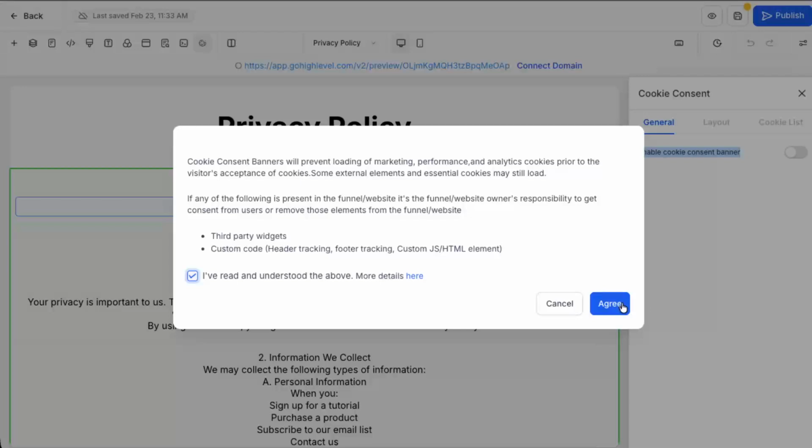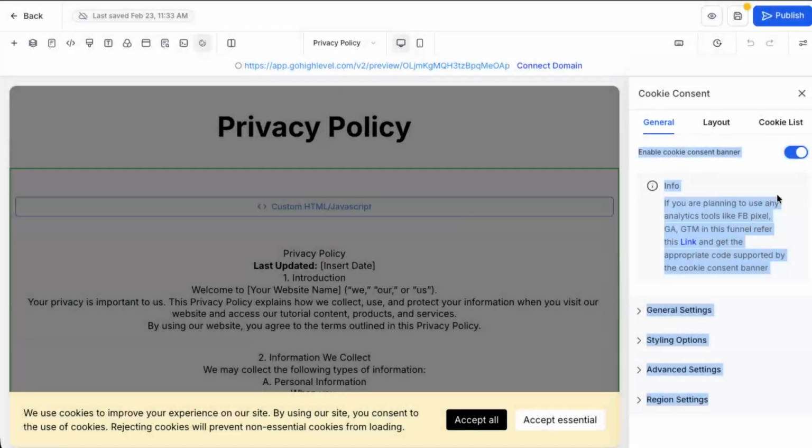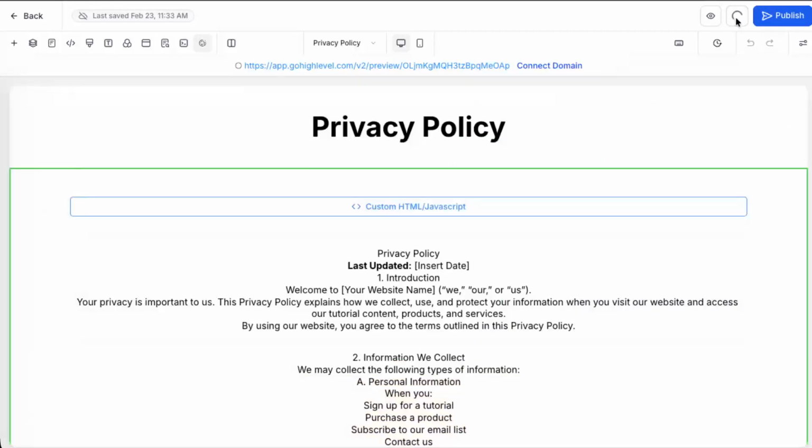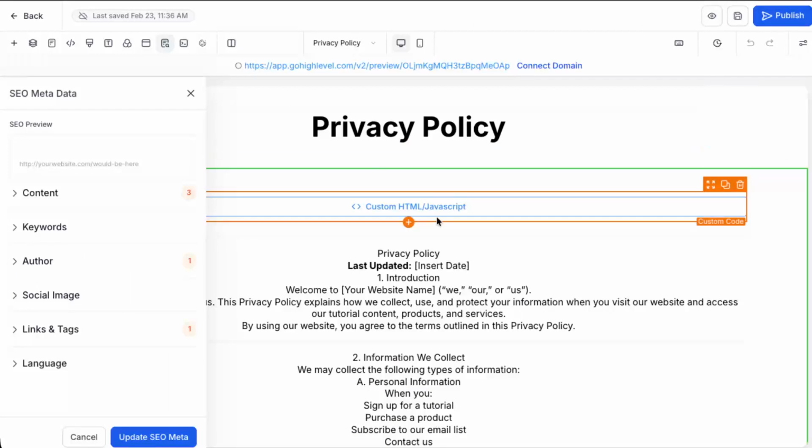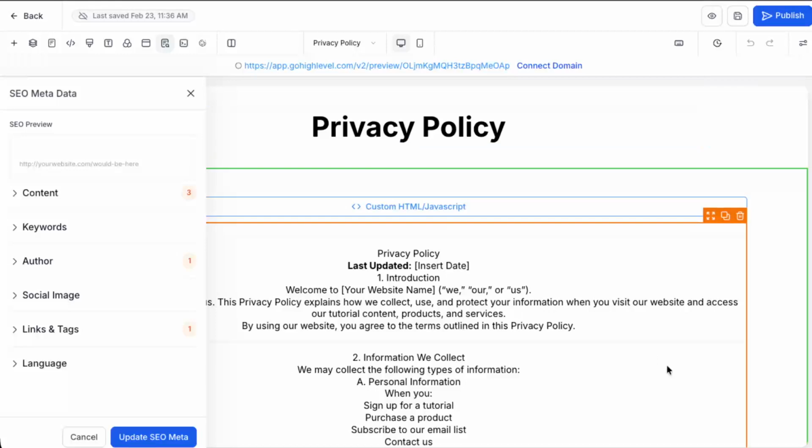You'll also see a checkbox stating that you've read and understood the information above. Click on that checkbox to confirm, then click on Agree to accept the terms and apply the settings. Finally, don't forget to click Save in the Page Builder. Saving ensures that your cookie consent banner is actually activated on the live version of the page. That's it. You've successfully implemented cookie